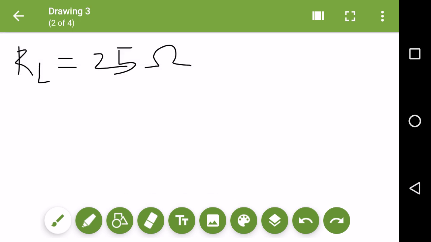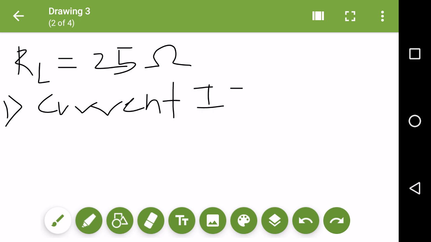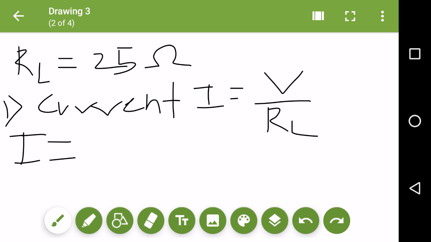As soon as I get the value of RL, the first thing I will find is the current, and you can see the current is just the total voltage upon the total resistance. So it is easy to find the current by substituting the value of voltage, that is 200 volts, upon the total value of resistance,